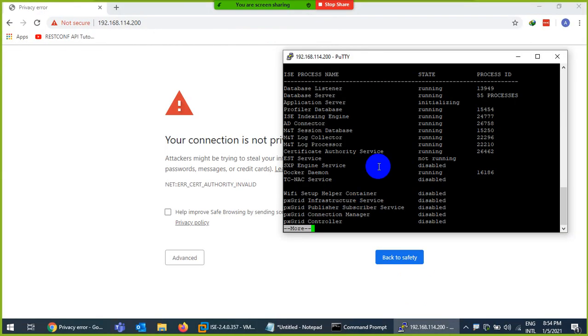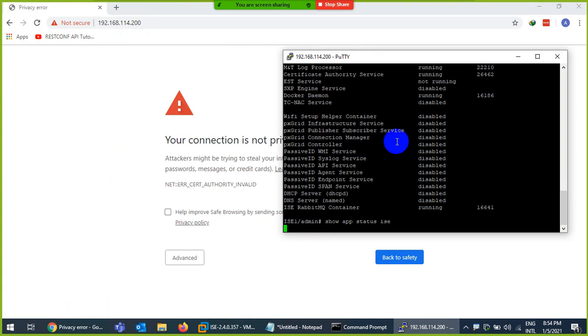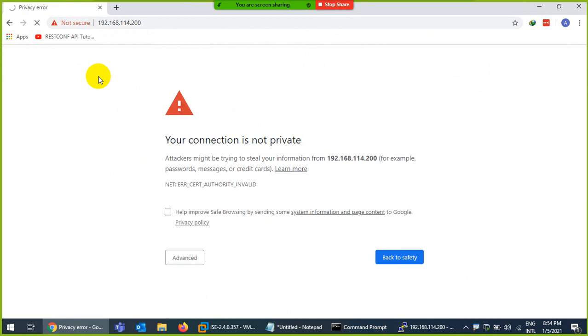So let's check again. Show app status ise. Okay, and when you click here, it will show you a certificate warning: advanced, and proceed.